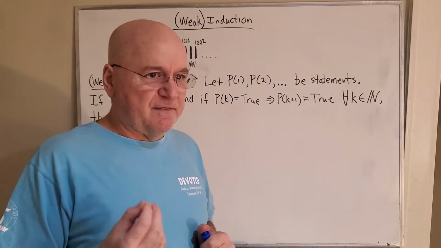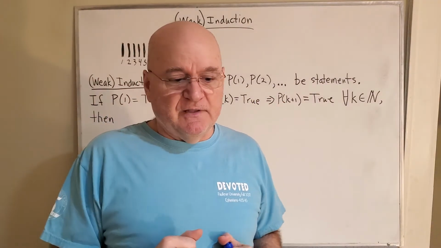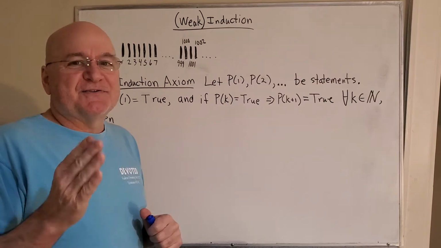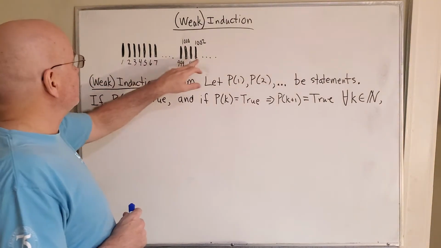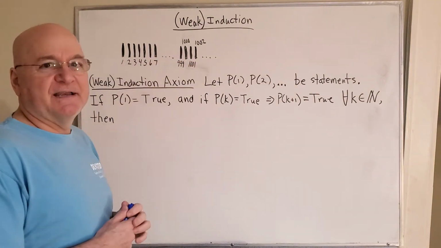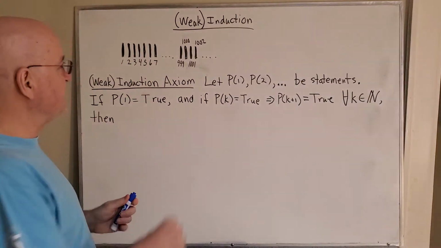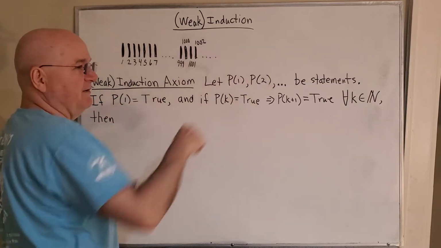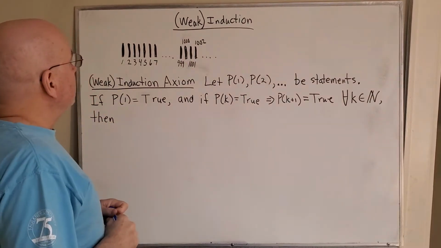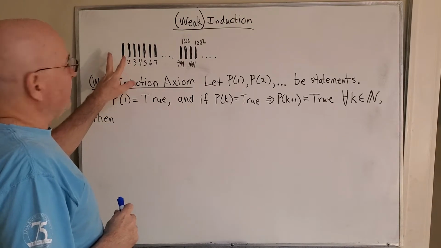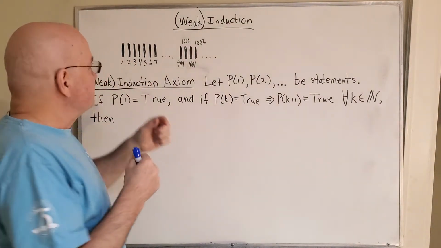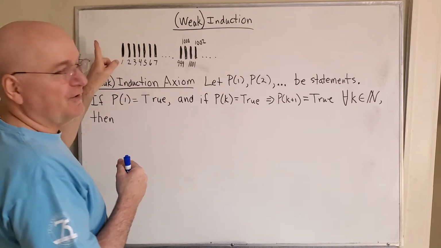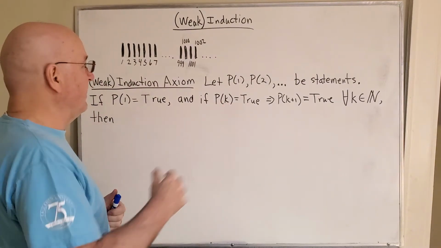But the principle of mathematical induction, or weak induction if you'd like to call it that, is analogous to this simple example. This is a bunch of dominoes that are lined up. Maybe we're looking at the side view, and each one of them is numbered. Think of it as starting at 1, 2, 3, 4, and going on infinitely. Also, they need to be spaced so that they're less than the height apart. So if I knock 1 over, 2 is going to get knocked over, and so on.